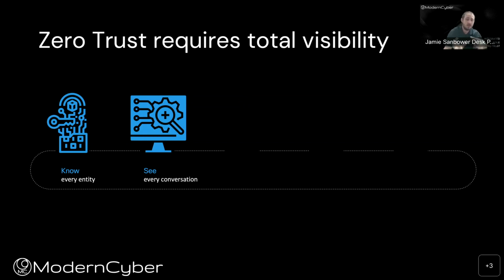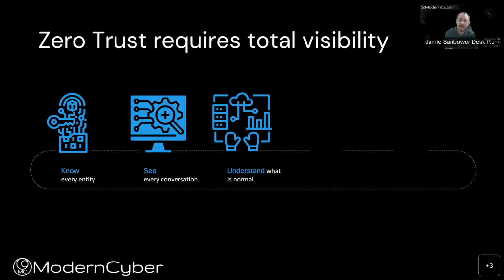Do users, workstations talk to IoT devices directly? Do they only talk to SaaS applications? I need to be able to get a good inventory of all the communication patterns and all the conversations that are occurring. Once I understand that, then I can start to create a baseline.